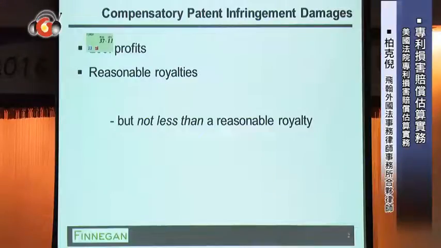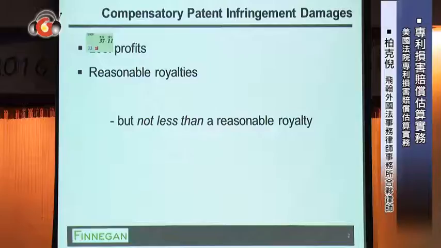And the jury isn't specially educated. Often they don't have university degrees, sometimes not even high school degrees. And we're asking them to make these very complex calculations. And I'm going to show you how we do that in the United States through a presentation that was actually presented at a trial in San Francisco not too long ago. So let me start with just setting out the basic parameters for damages in the United States.